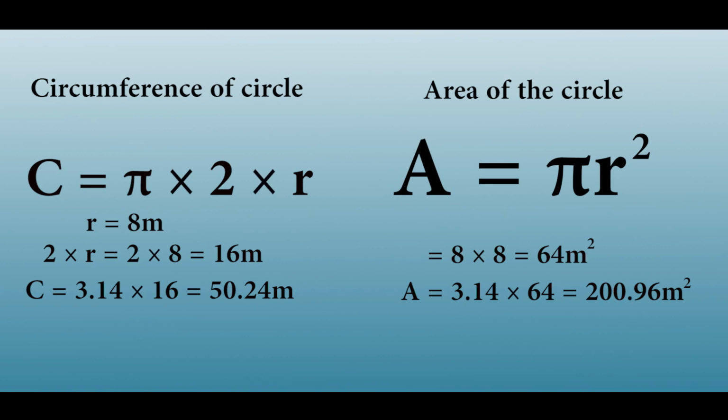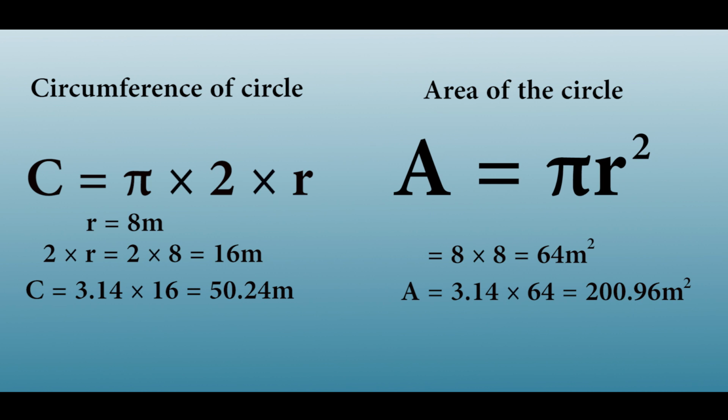See, look at the circumference of the circle and the area of the circle. Now what do you see? Can you see any differences and any similarities? Yes, no? By looking at it, we know it, okay? Now in the circumference of a circle, we are using 2 times r. And in area, we are using r square. These two are not the same. R square means we are squaring the radius, that means like 8 times 8, okay? Whereas in the circumference of a circle, we are not squaring, but we are doubling the radius. This is the difference here.